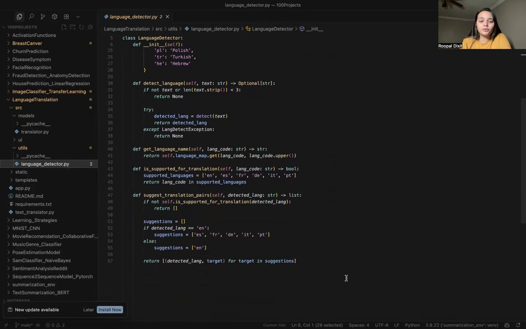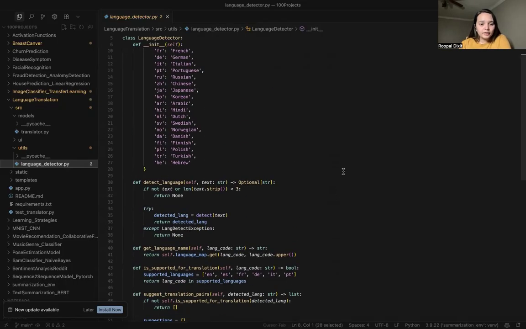What it does is, it is trained on multiple languages. So it has learned the patterns of different languages, what an English pattern is, what a Spanish pattern is, and what a Hindi pattern is. It is already trained on that.